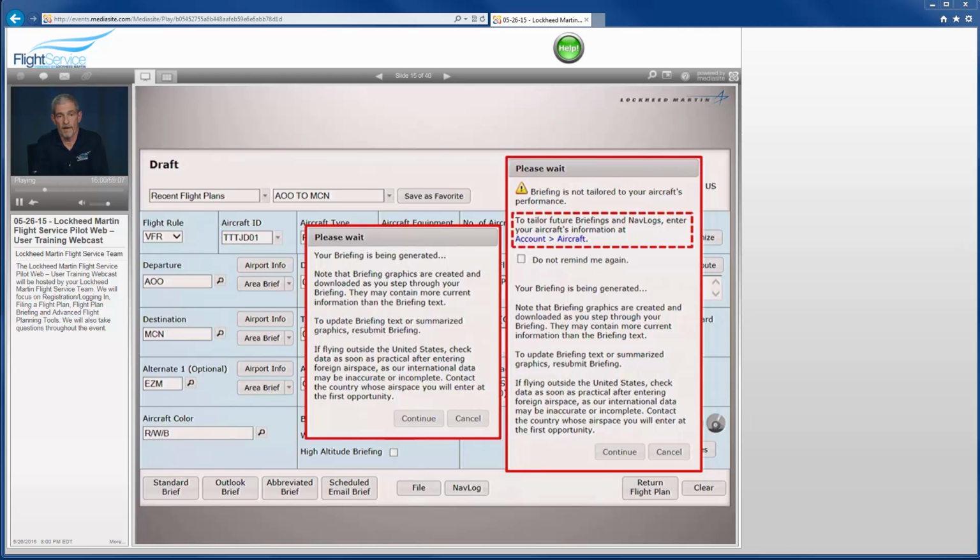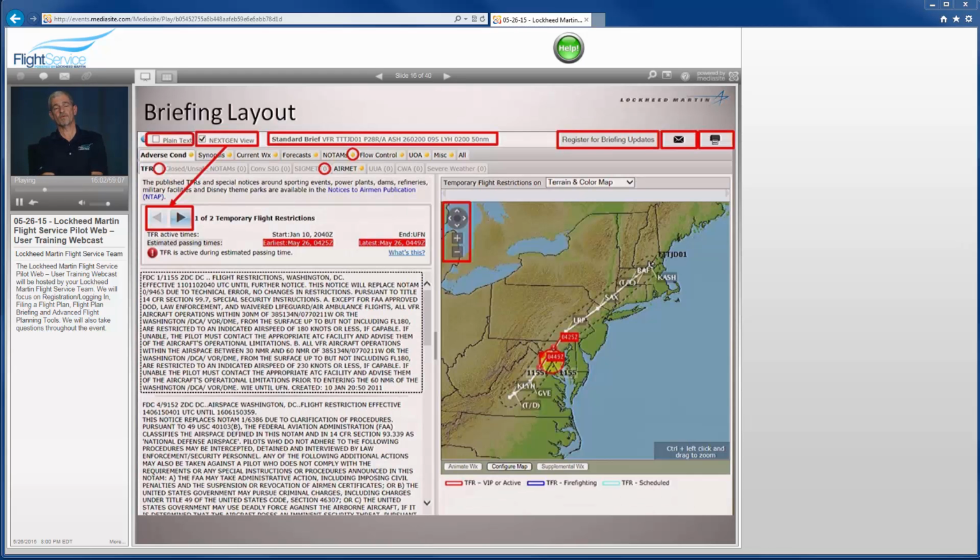All right, so with that, I'm going to go into the briefing. At a high level, this is the layout of our briefing. You'll notice it's constructed in 3 sections. You'll have your tabs across the top. You'll have your text portion along the left-hand side there, and then you have your graphics portion along the right-hand